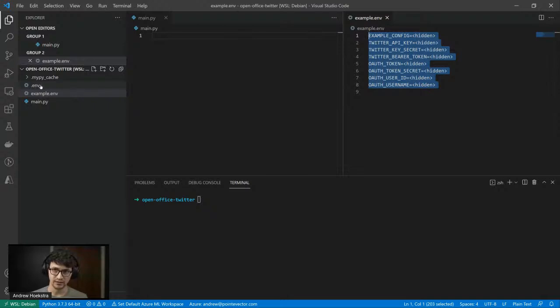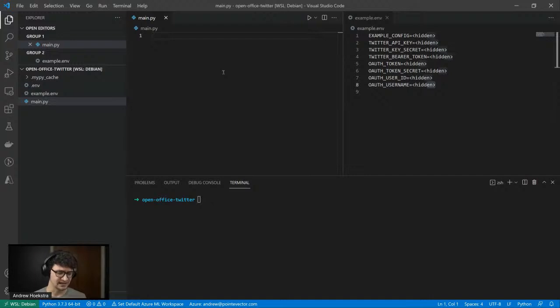Now I have a real .env file here that contains secret information for interacting with Twitter as my app, which would be a terrible idea to expose on a live stream, because then I'd have to rotate keys. Otherwise you all can just take advantage of my app, which would be terrible. So what I have pulled up is an example env, which has the exact same definitions, just hidden content, or not actually hidden, but just to give me the structure and to remind me what I named things, basically. So the reason why I use .env files is it would be pretty easy otherwise to